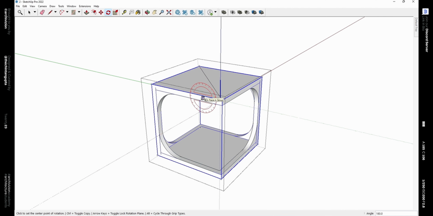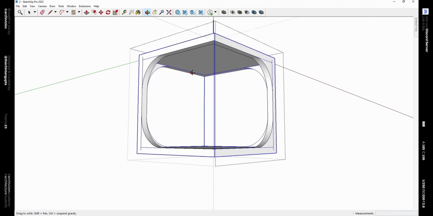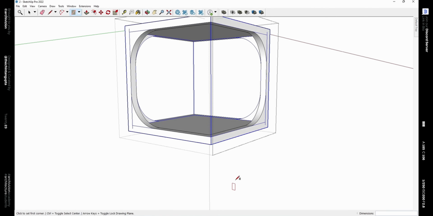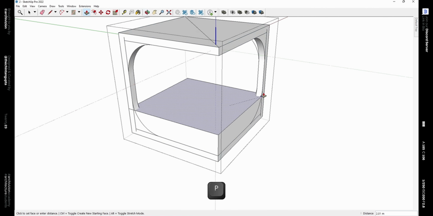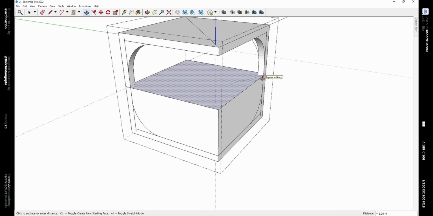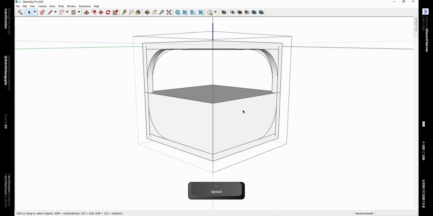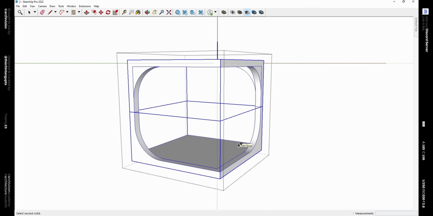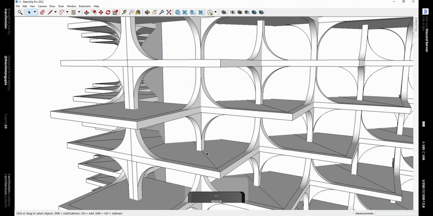Now to remove the overlapping bottom part, we'll make a cube and subtract it using the solid tools. So make a square like this and push it up using the push pull tool to a midpoint like this. Now triple click to select it and make it a group. Now with the cube selected, press the subtract tool in the solid tools menu and then click on the rotated group. It should cut the rotated group in half.